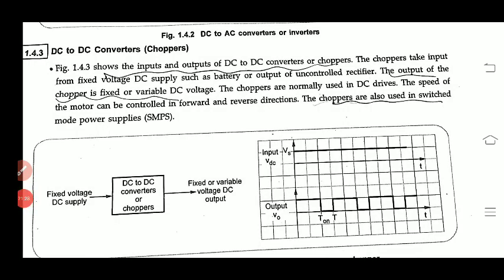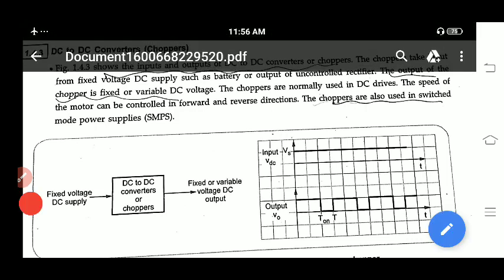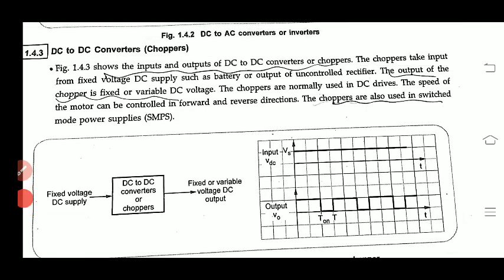What is the DC to DC converter? You can call DC to DC converter a chopper. In your computer, whatever SMPS you have in your computer CPU, SMPS means what? It is a switched mode power supply. For that SMPS, now input is what? Fixed DC voltage. It may be 150 or 200 DC volts. But you are expecting to get somewhere 15 volts, somewhere 20 volts, somewhere 30 volts. You are getting some varying DC voltage.